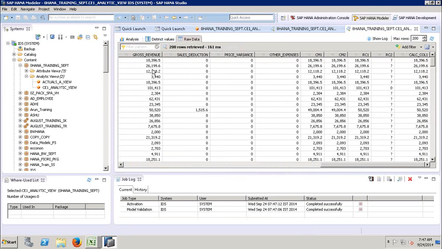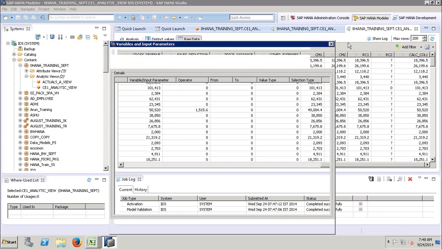Right? If you look at gross revenue, you have this column. And if you look at the calculated column, you have all the data specific to the gross revenue. Alright, because your input parameter that you have entered is the gross revenue, which is linked to generating data from this column. On a similar front, if you go and refresh the data,